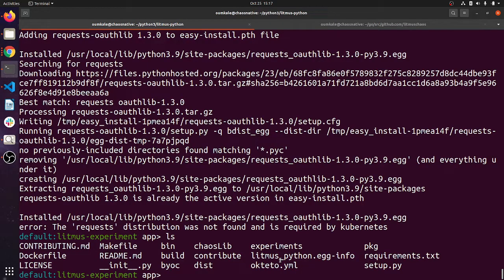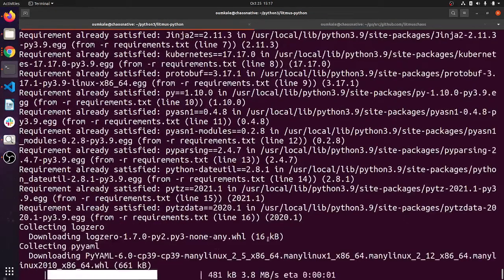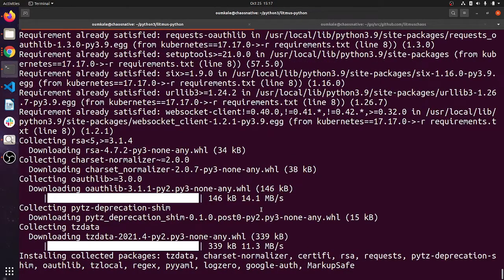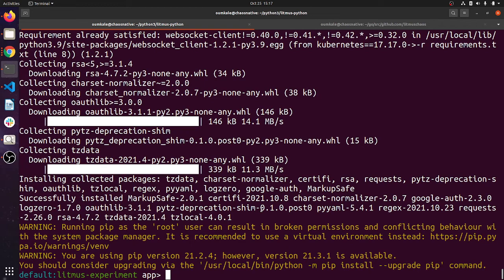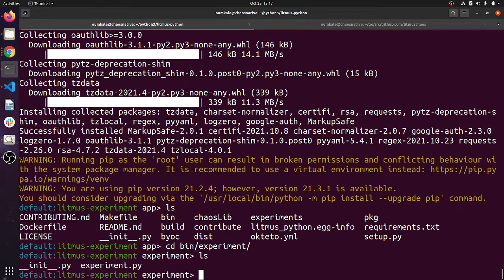We need to install a couple of other things also. So yeah, T3. If something is not installed from the setup.py file above, it has been added using the requirements file. We are almost done. This warning we can ignore. So we are ready. Just enter the bin directory and the experiment directory. As of now we haven't updated the environment inside the packages, so let it be.